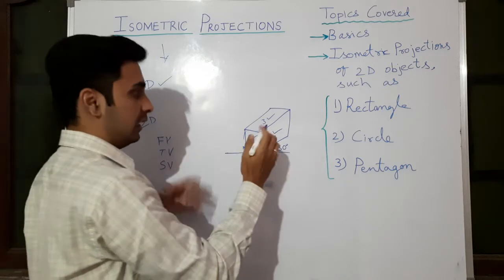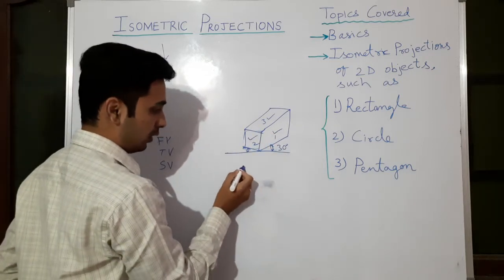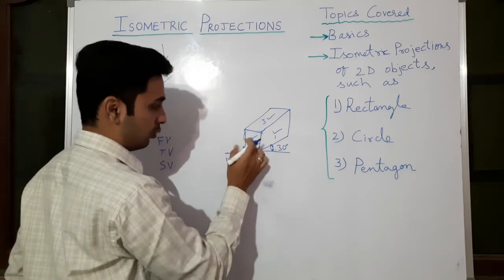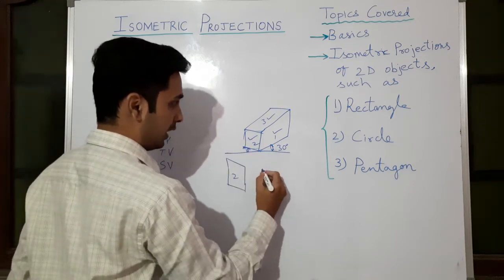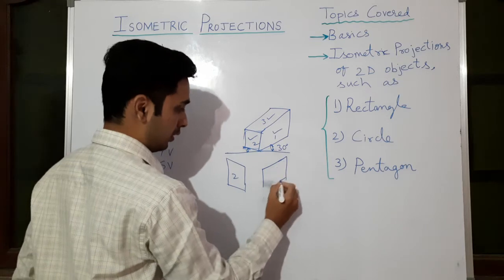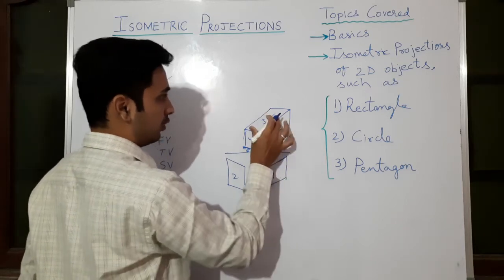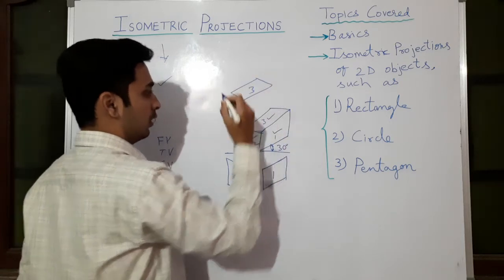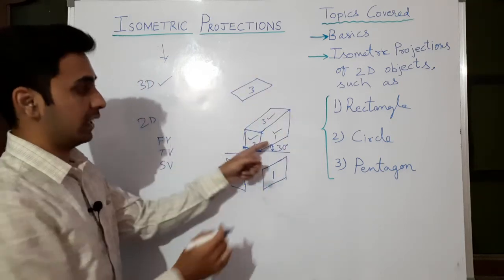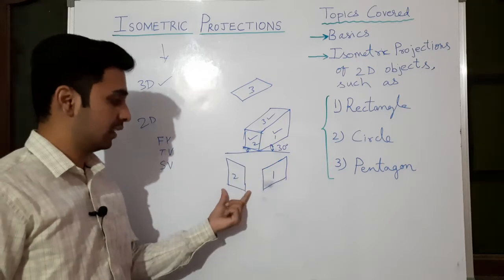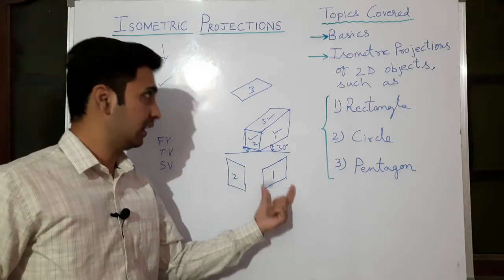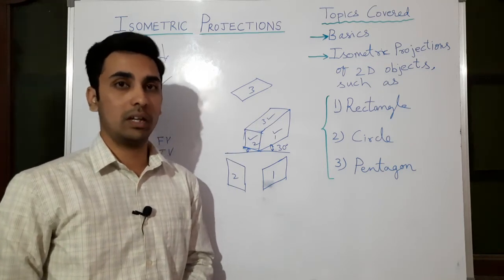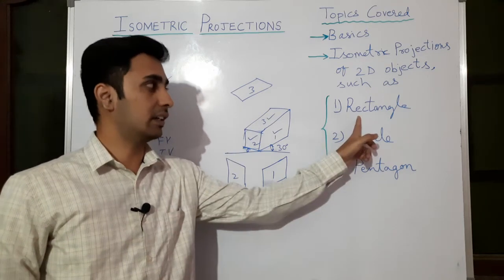Let us open it a little bit. Here the second object I am taking like this one, and this object here, 1, and this object here. Now if you club all this, again this diagram you will be getting. So what is this? This is a rectangle, this is a rectangle, this is a rectangle. So to draw any 3D object, first we need to learn basics such as the rectangle.